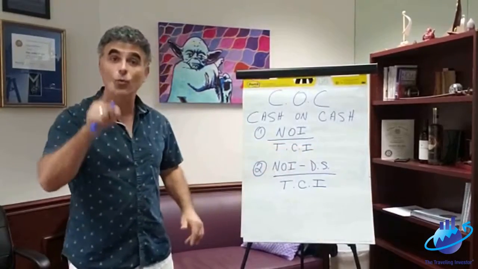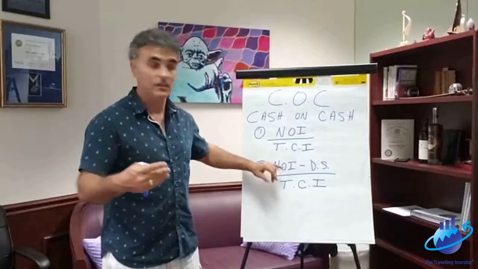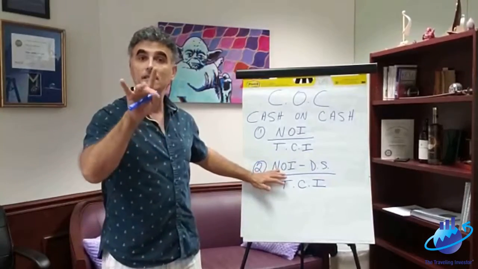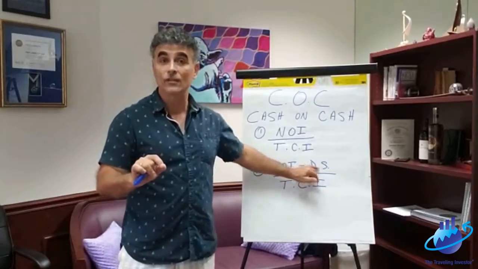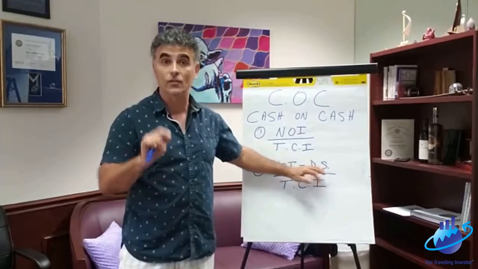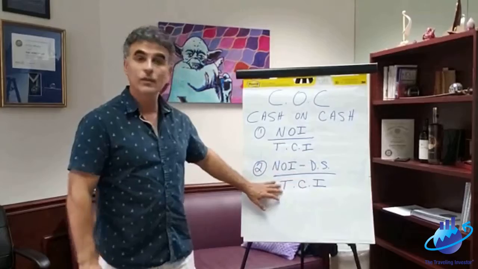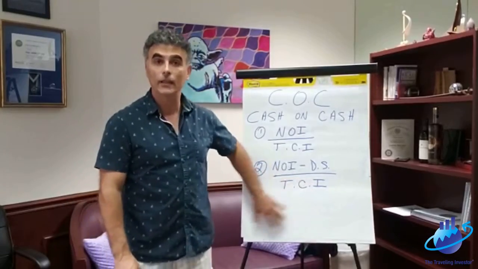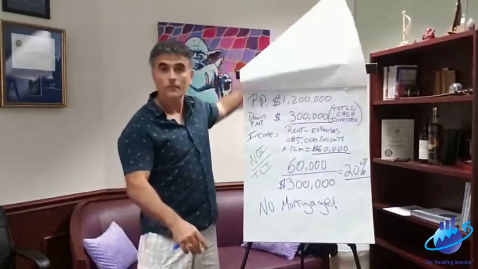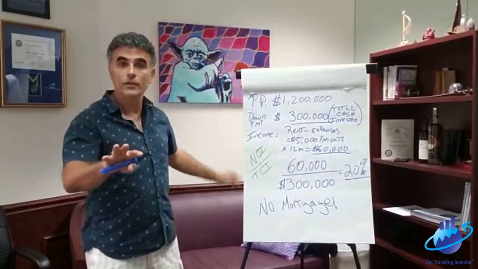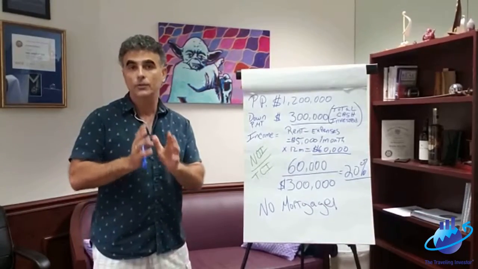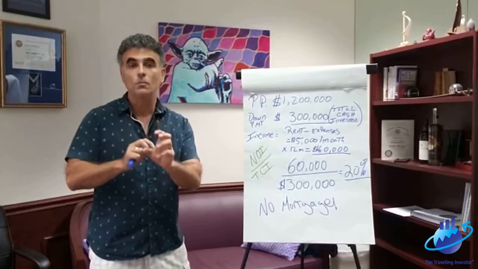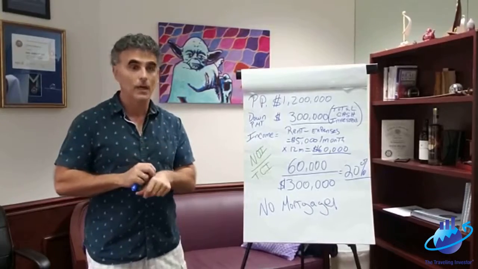The other way of doing it is with the debt service, and it's very simple. It's the same NOI, and NOI is the annualized number, right? Minus the debt service, the annualized debt service. It's always annualized over the same total cash invested. Now let's take a look at a quick equation so you can familiarize yourself and understand. And cash on cash return usually comes in a form of a percentage, and I'll show you what I mean.